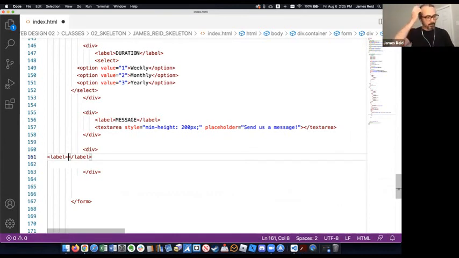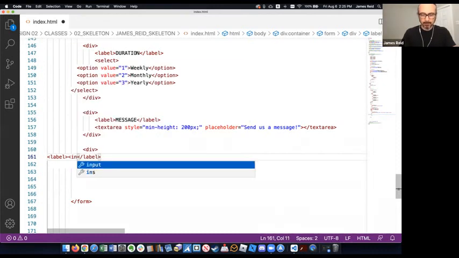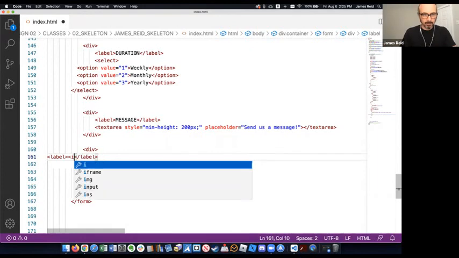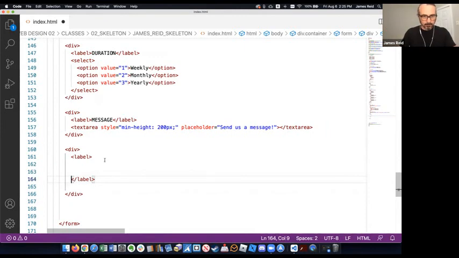I jumped ahead here. This is not going to be our submit button. We're going to look at check boxes. So this label, actually, we're going to put some code right into this. So within the label tag, I'm going to just put some returns in here because it's getting a little hard to see. So within the label tag,